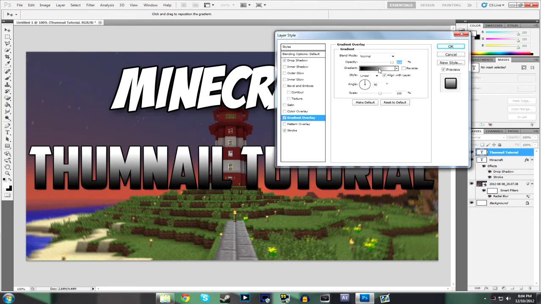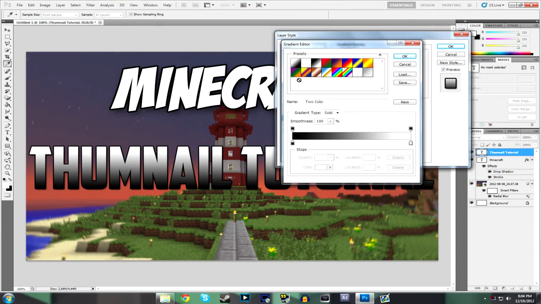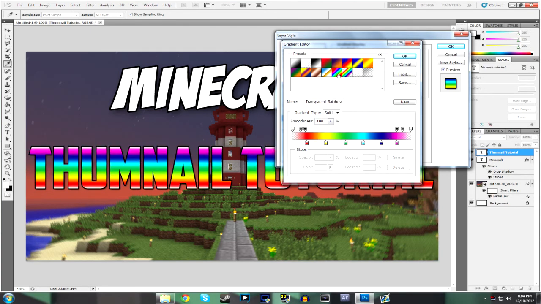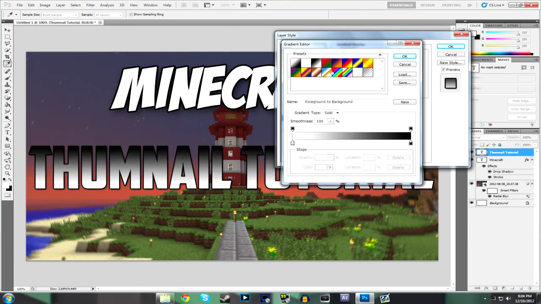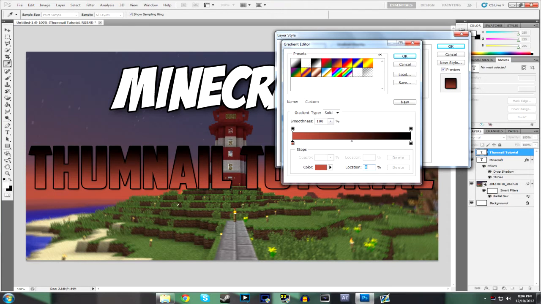If you select this right here, it brings up a list of a few different gradients, and you can choose from any of those options that you see, rainbows and other things. The one that I like to use is to start off with black and white, click the light color, and choose a color of your liking. So we'll choose a light red in the lighthouse, and with the black we'll go with